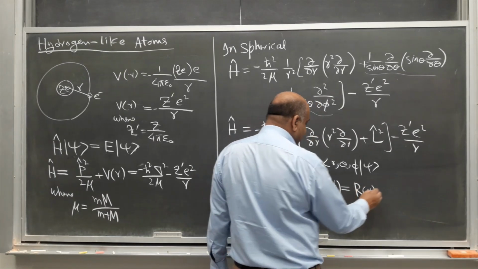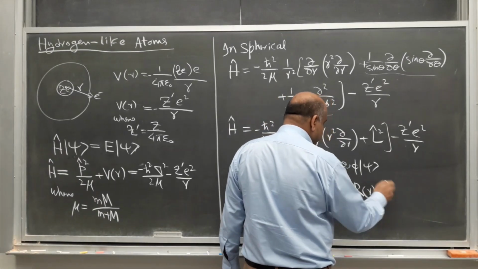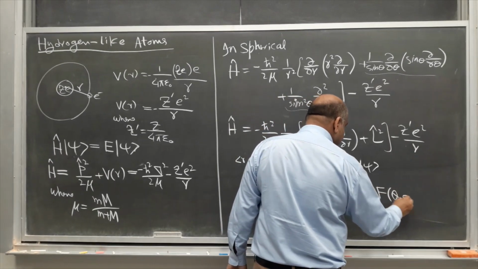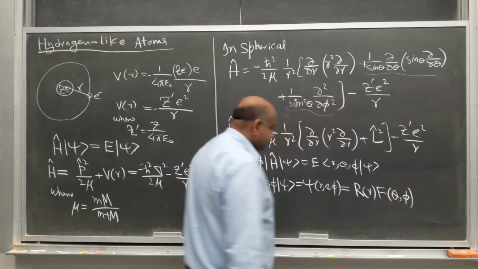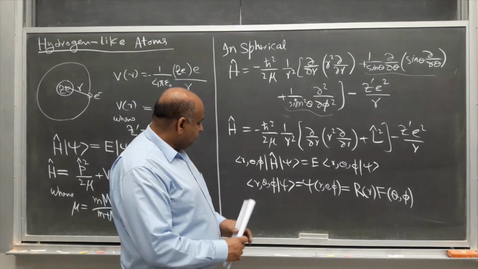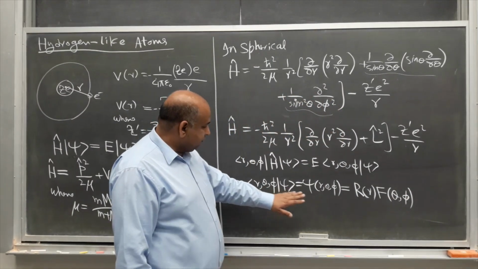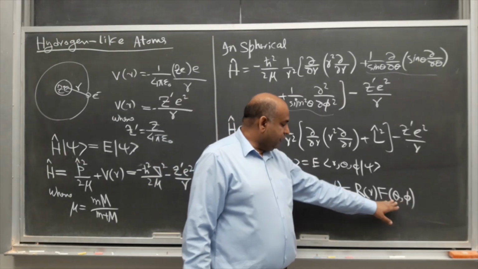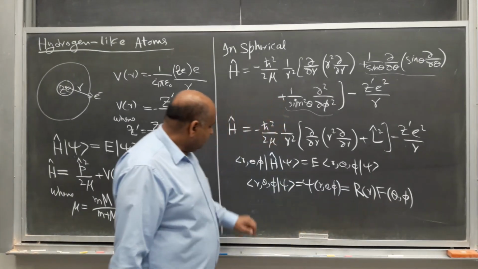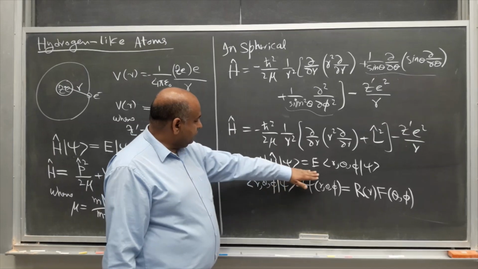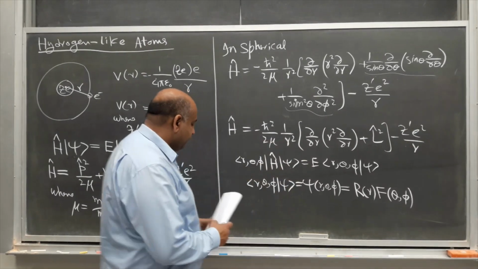One is a function of r, and the other, let me arbitrarily choose some f of theta and phi. So I'm going to separate r and theta phi into two functions. Now let's substitute this here and this operator here, and we can get